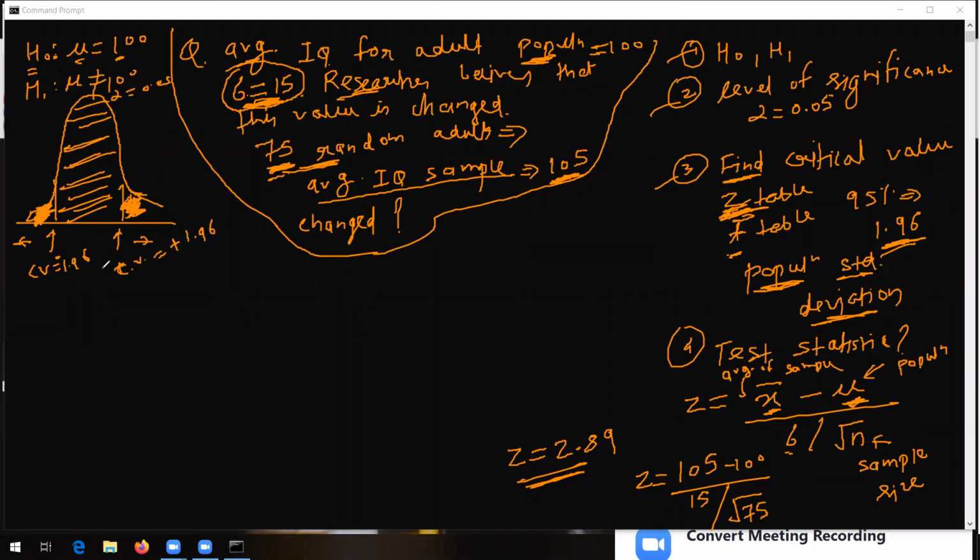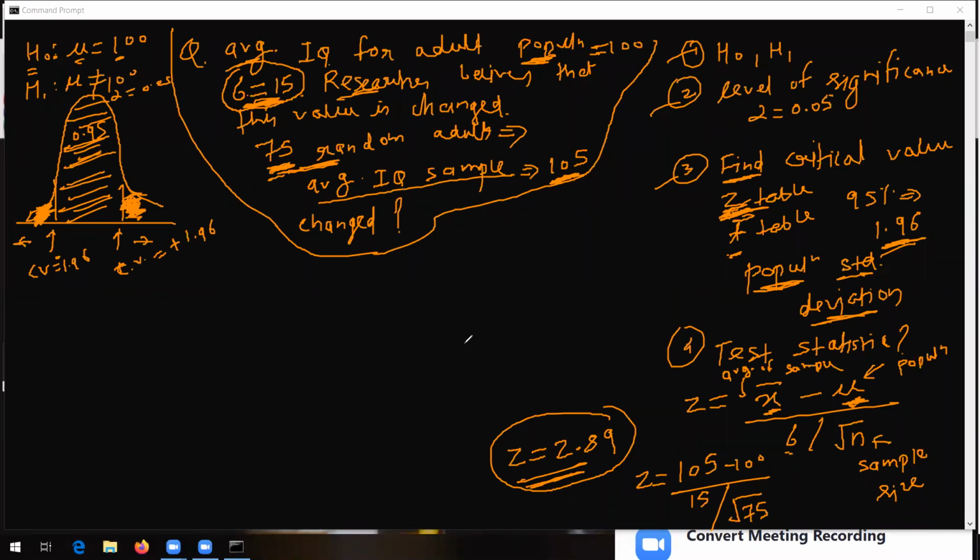In simple words, critical values are the Z values which are going to separate this shaded area at the tails and this middle area. And what do we want? We want 95% confidence, right? So that's why our alpha was 0.05. I hope everyone is able to understand this critical value. Now what did we get for our sample statistic? We got Z as 2.89. That is our test statistic is 2.89.